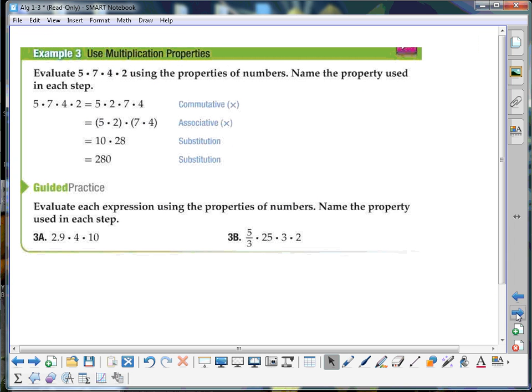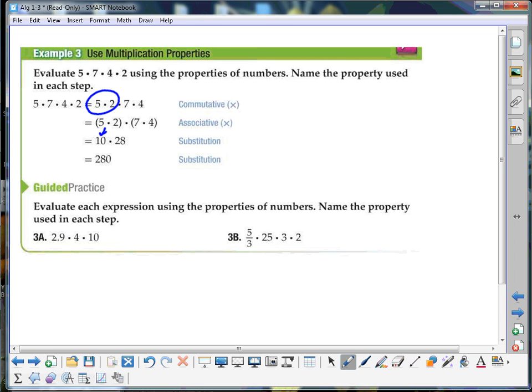The next thing we're going to talk about is using multiplication properties. Let's look at an example here. If you have to evaluate 5 times 7 times 4 times 2 using properties and numbers, name each property used in each step. So I have 5 times 7 times 4 times 2. Well, it might be easier for me to multiply 5 and 2 together than it is 5 times 7 times 4 times this. So let's group it to make it easier in our head,